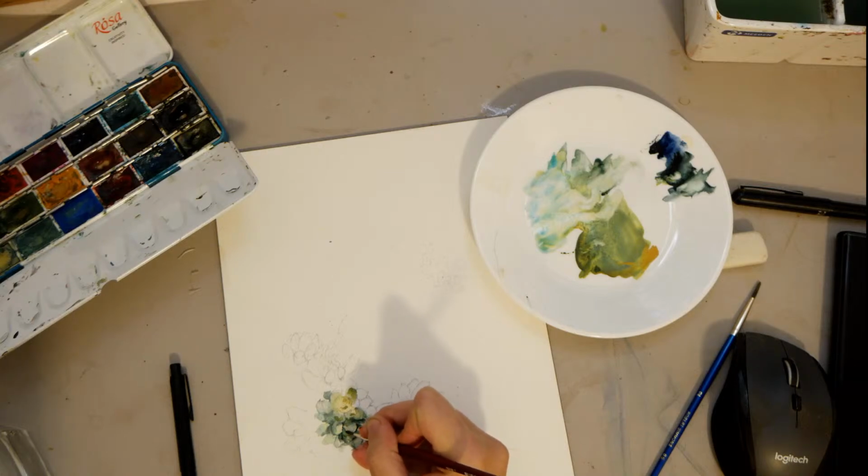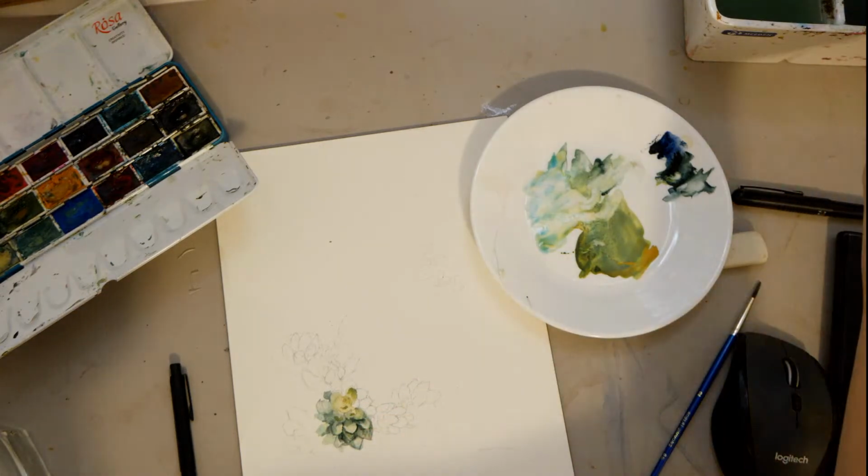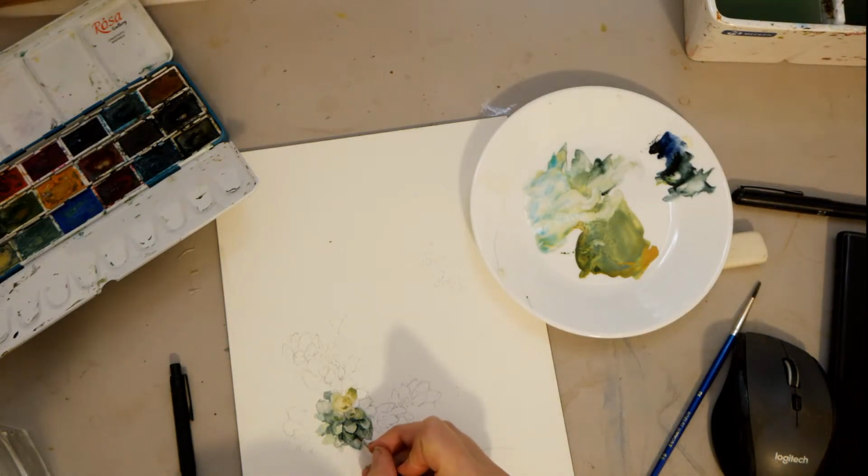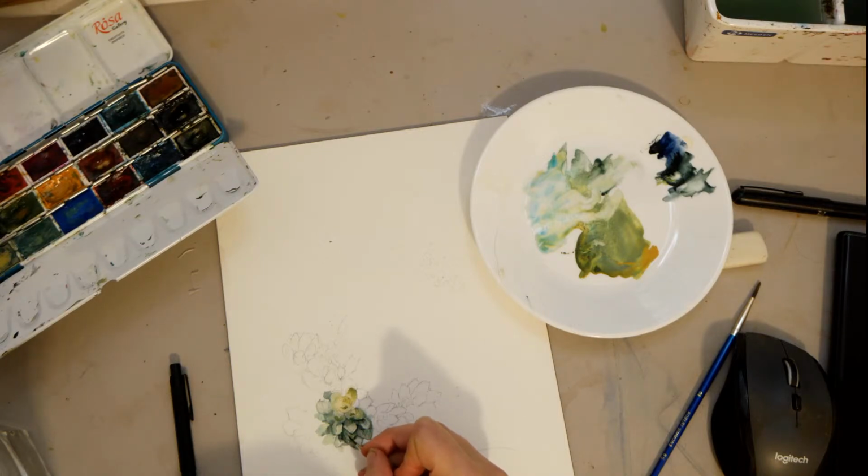Yeah, so then here I can just, oh, okay, this is interesting. Yeah, I can just sort of endlessly pick and lift and pick and lift and pick and lift. This may lead to it looking overworked, which actually, so the last time I used this was before I was